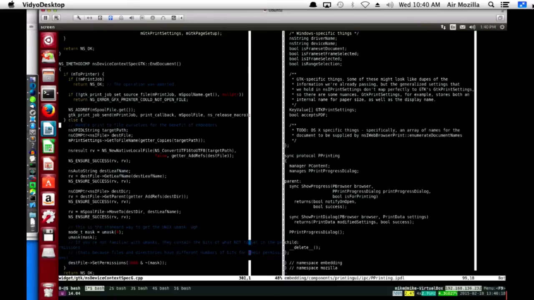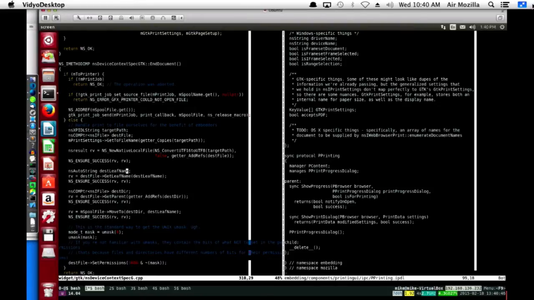That's not too surprising, because GTK is Linuxy, and Linuxy loves to work with files and file handles. So when the user has requested to print to a file, we get the path to where the user wants to put the file, and then we move the.